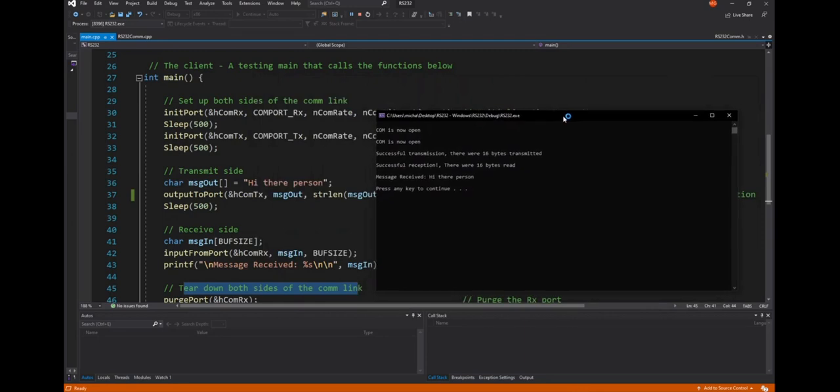So here we go. What exactly happened here? The communications port on the transmit side was opened, and the communications port on the receive side was opened. And then we start transmitting. This tells us the transmission was successful. Writing to the transmit port was successful, and then we also successfully read data from the receive port, 16 bytes. So 16 bytes sent, 16 bytes received, and then we look at the received buffer to see what the received message was. So that's basically what it does. Now if you want